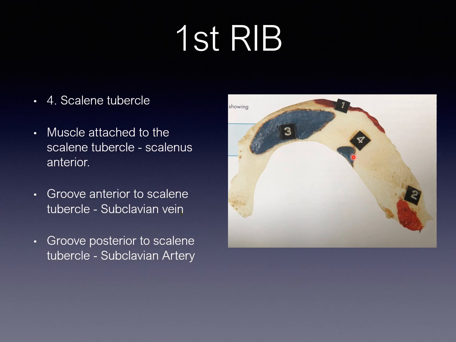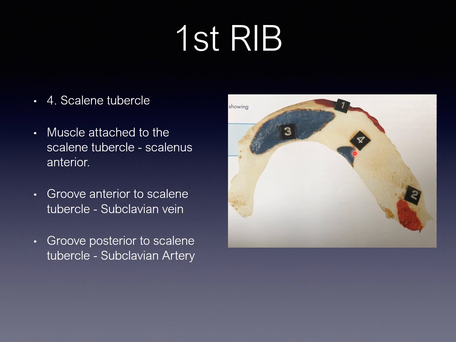And here, if you see, this number 4 is very important. This is called the scalene tubercle. Here I have written it as the scalene tubercle. At the scalene tubercle only, the most important muscle, scalenus anterior, gets its attachment. This scalenus anterior arises from the transverse processes of the third, fourth, fifth cervical vertebrae, and then it comes and gets its attachment on the upper surface of the first rib, inner margin. Okay, number one.